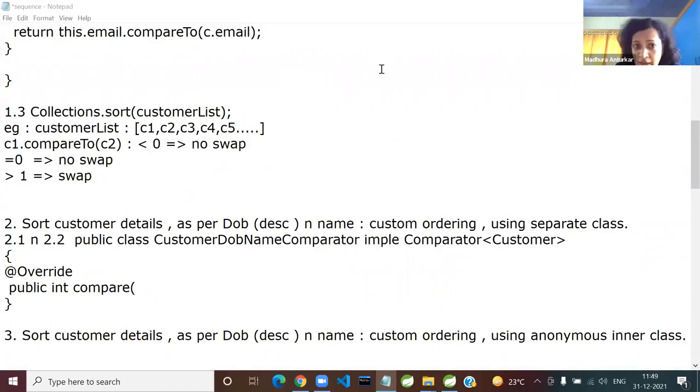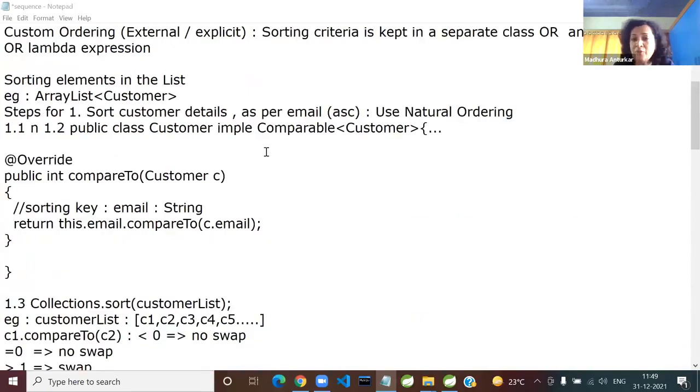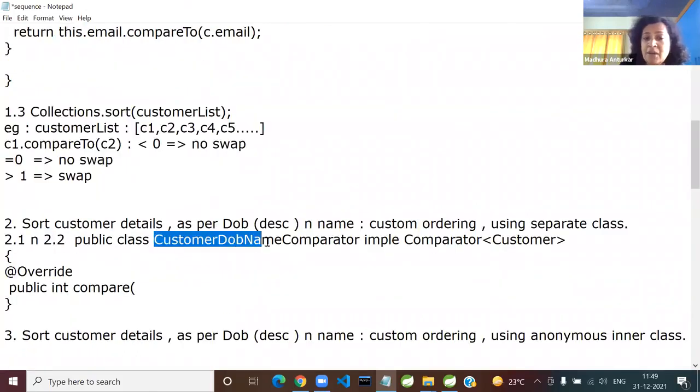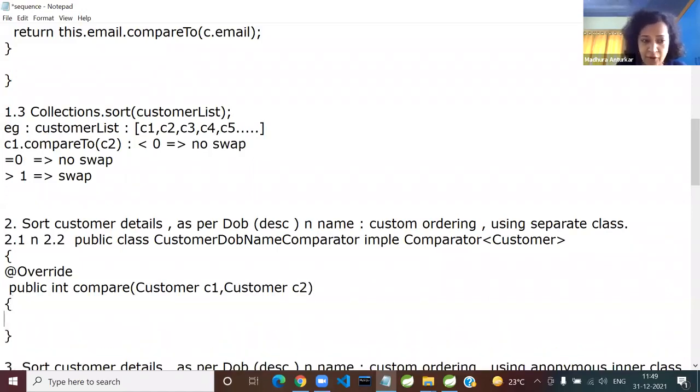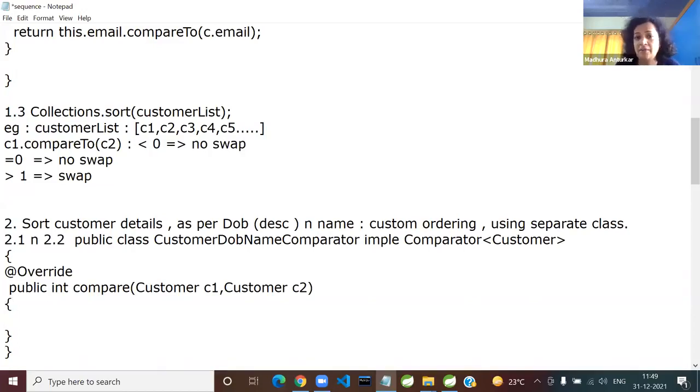The answer is 2, absolutely right. You should always check what we were doing earlier. There, 1 argument was sufficient because the other was your invoker object, the customer. But here, are we sitting in the Customer class? The answer is no, we are sitting in a separate class, so you cannot use this as one customer. As you said correctly, you have to pass 2 instances, Customer C1 and Customer C2. For your confirmation, you can always add a SOP in compare and it will definitely get called. Now focus on the understanding.